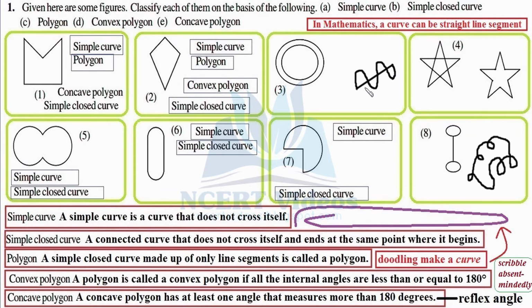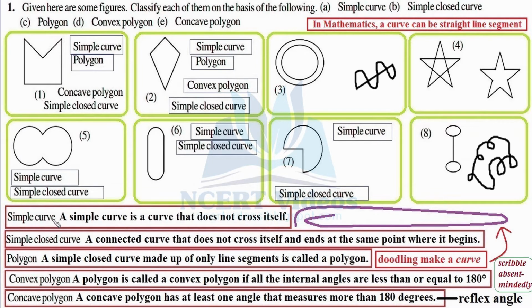Again, in layman's understanding, it will not be considered a curve. But these both drawings, that is this zigzag one and this shortest distance, both denote a curve. So never get puzzled when you hear this term curve. A curve can be a zigzag line or it can be a straight line. Both denote the same thing, that is a curve in mathematics. This is an important point to be noted.